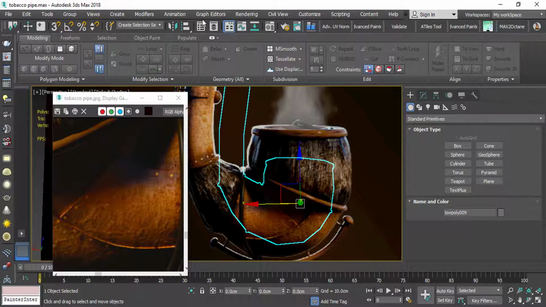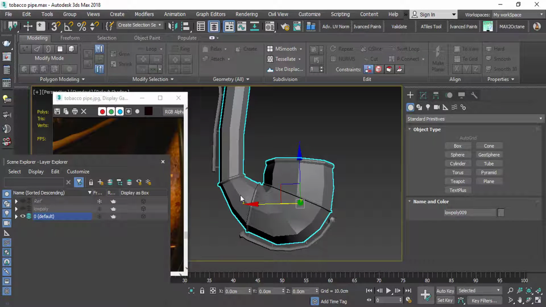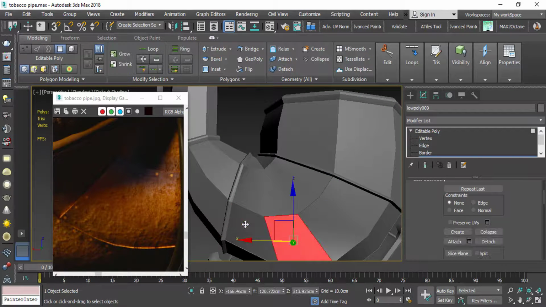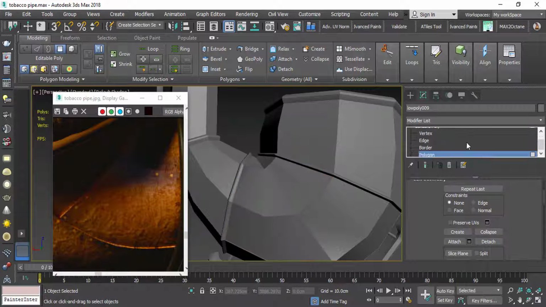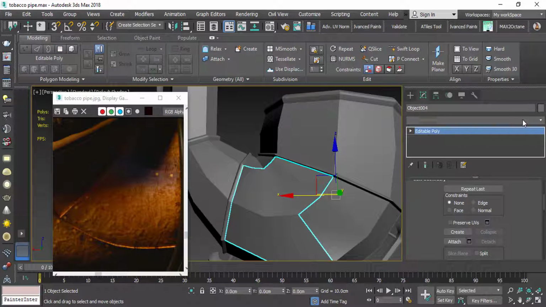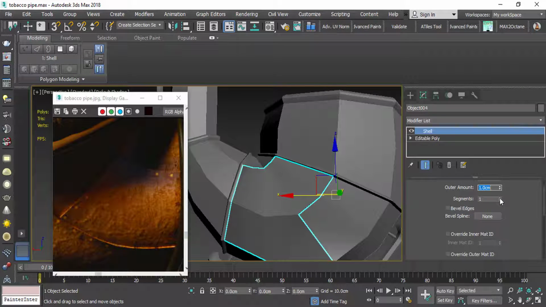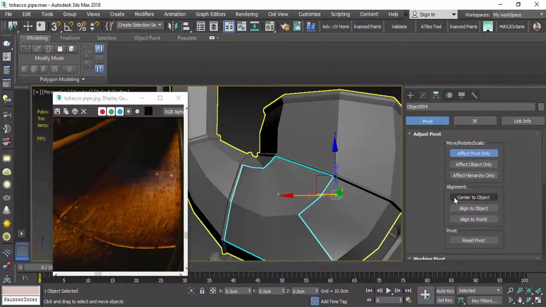I don't need this reference, so let's hide that because I don't need it anymore. Select these polygons and detach them as clone. Select the detached polygons, give them a shell, and I will use something like 1.7 for the other amount. And let's move